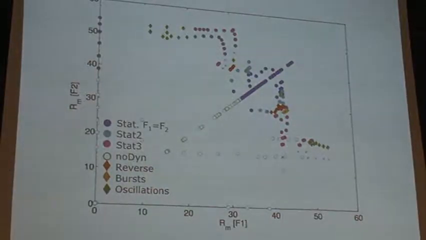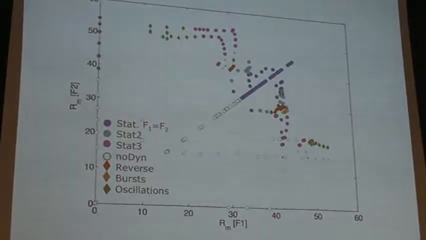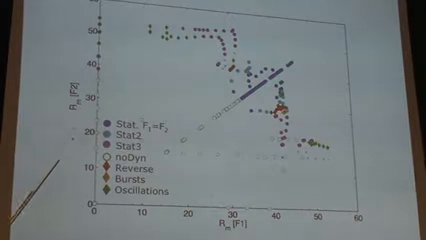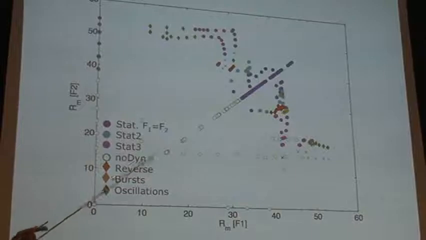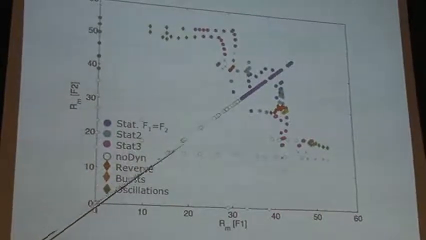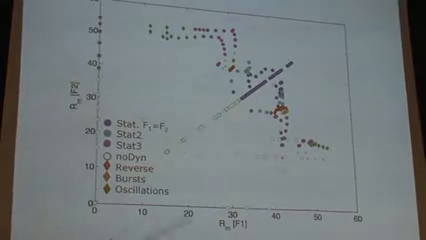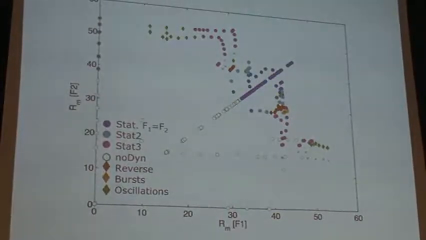So here is a cartoon of what one sees in the experiment when you vary the frequency of one impeller and vary the frequency of the other impeller. So each of these points here is a measurement for set frequencies, and each of these symbols is, all right, what I've described before: no dynamo, or onset of a dynamo. The open symbols to the blue symbol is the stationary dynamo I described before.